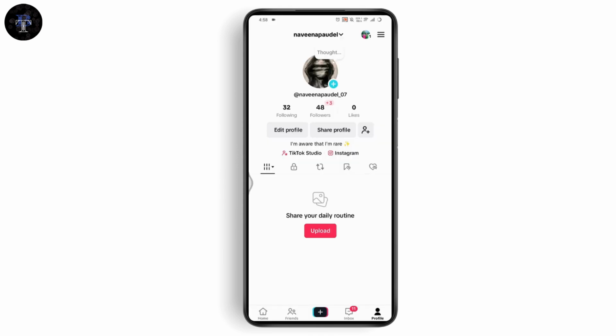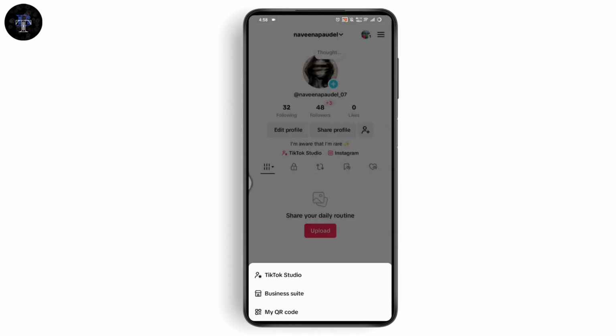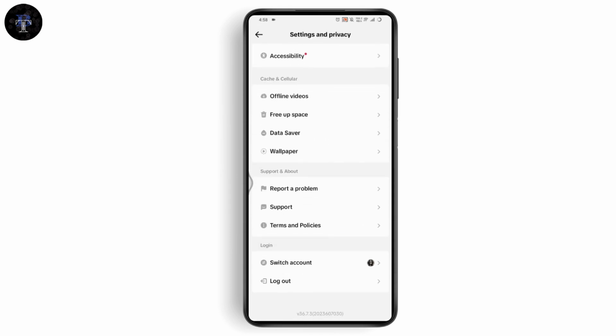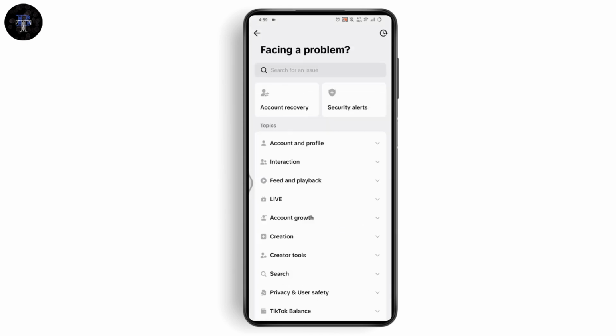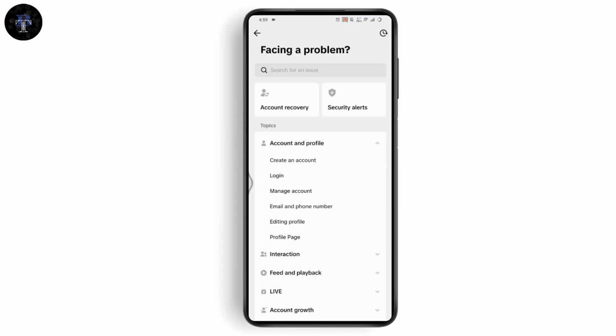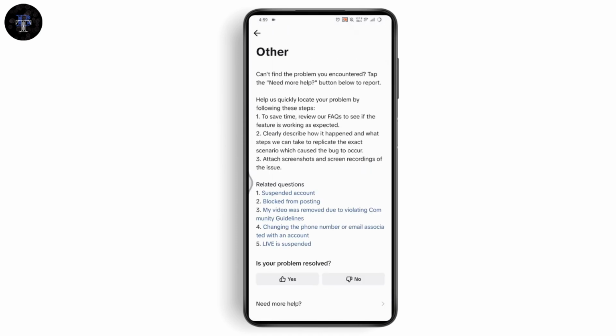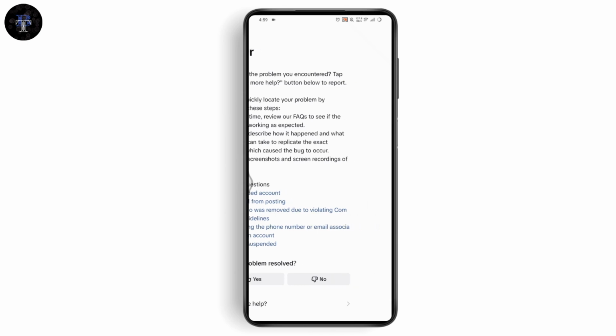Once you're under your profile, now if you're not being able to fix the problem of linking your TikTok profile, then go with the upper right, which has that 3-bar icon. Go with settings and privacy. Under settings and privacy, scroll down, go with report a problem. Go with account and profile, go with profile page and tap on other and go with need more help, and